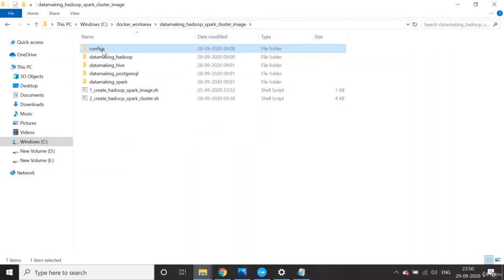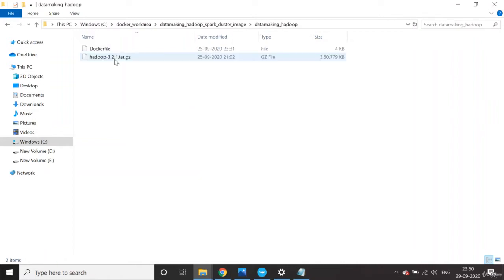I will go through them one by one. We also have a folder for creating a Docker image for Apache Hadoop. If you go inside, you will see the binary file. You need to download it from the Apache org website and put it in this location. I'm using Hadoop version 3.2.1.